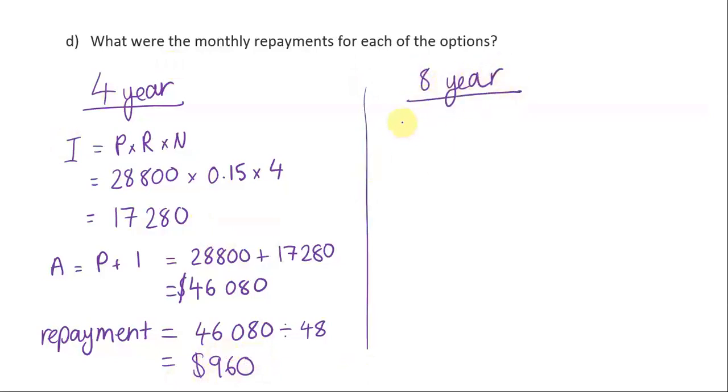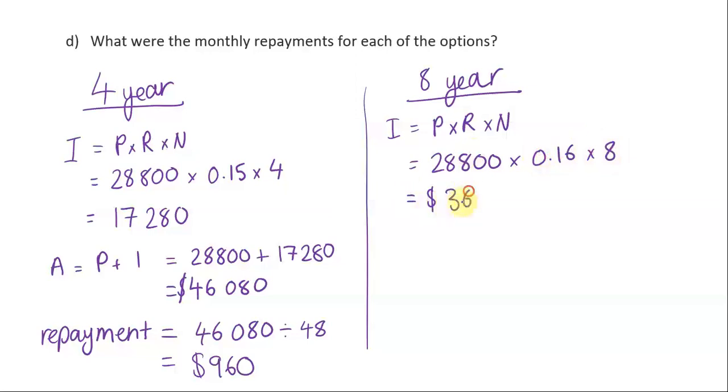The 8-year loan. Once again, we calculate the interest. Interest is the principal times the rate times the number of investment periods or number of years. Principal is the same. We're still borrowing the same amount no matter which loan option is chosen. Times, we remember the interest rate for 8 years was 1% more than for 4 years. So 16% or 0.16. Times by n is 8 this time because we have 8 years for our repayments. And that gives us the total amount of interest as